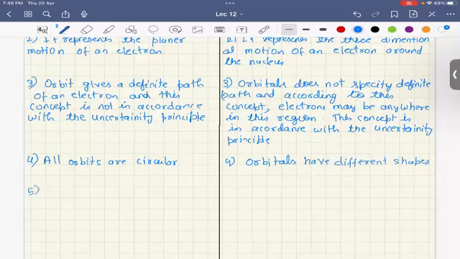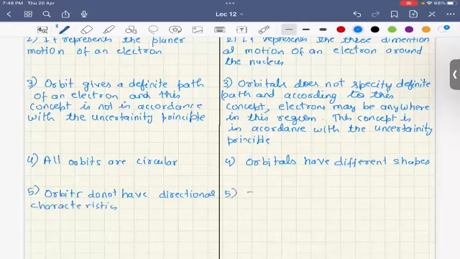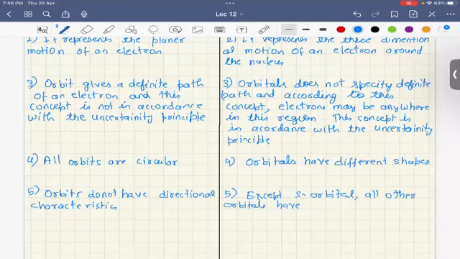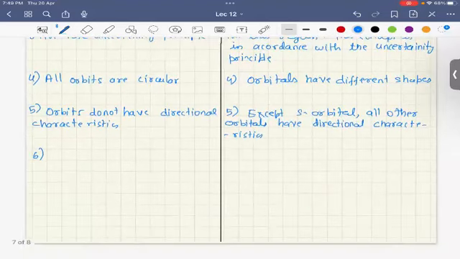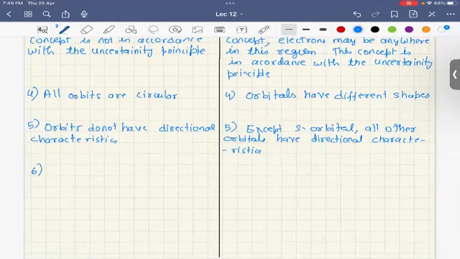The fifth point is: orbits do not have directional characteristics, whereas except for S orbital, all other orbitals have directional characteristics. Okay? Orbits do not have directional characteristics, right? Whereas except S orbital, all other orbitals have directional characteristics. The last point is: an orbit can accommodate electrons equal to 2n square, where n represents